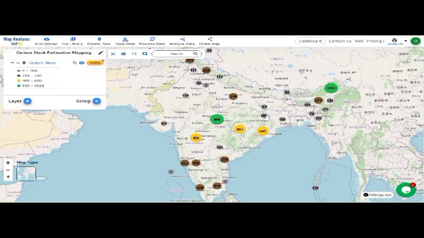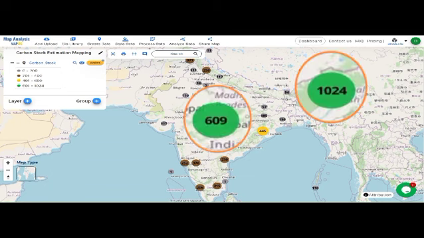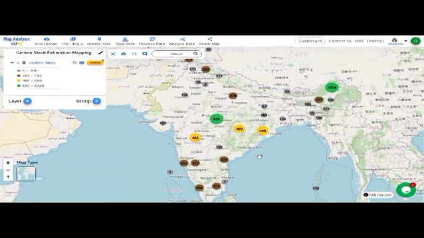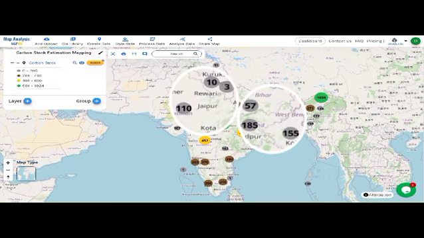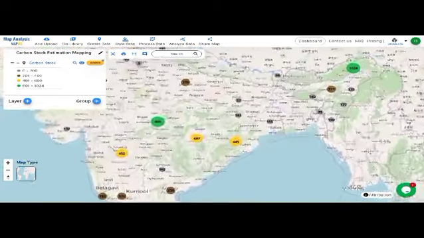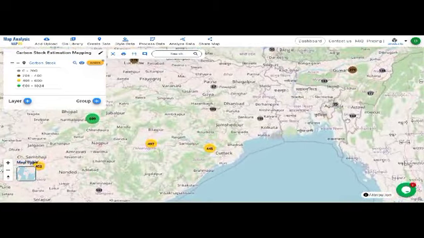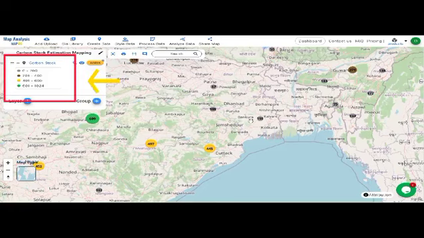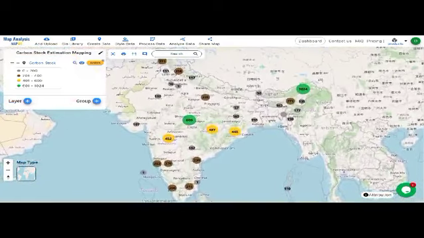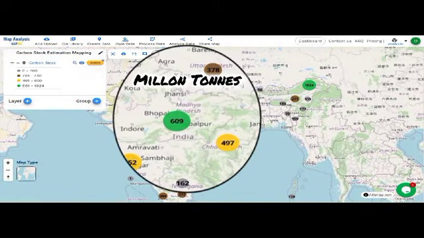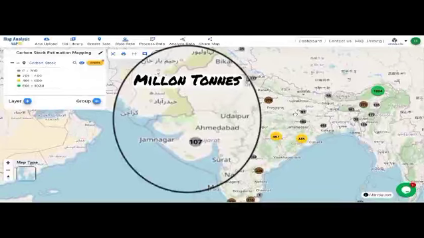Here is our final output map. We've visualized carbon stock with bubbles of different sizes and colors. Large green-colored bubbles indicate higher carbon stock, which means these areas store more carbon and help mitigate climate change. Small gray-colored bubbles indicate lower carbon stock, showing regions that store less carbon and might need more conservation efforts. We have also added a legend to explain the color coding. This detailed color coding enhances the map's readability, making it easier to understand. Labels are shown on the bubbles to display the carbon stock values, which are in million tons.